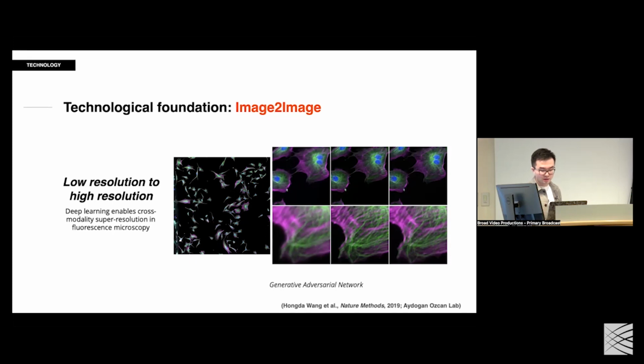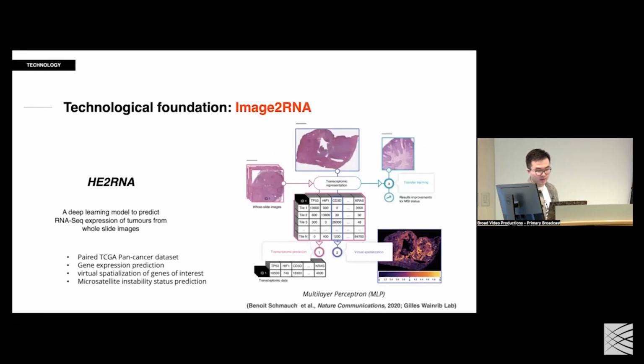So this is a very exciting time as we think about how to combine these machine learning tools to really scale up the tissue mapping effort. And then there are more clinically relevant studies by this group. I think it's actually a company now that developed this HE to RNA framework, where you can predict the RNA-seq data at the whole slide level from HE staining.